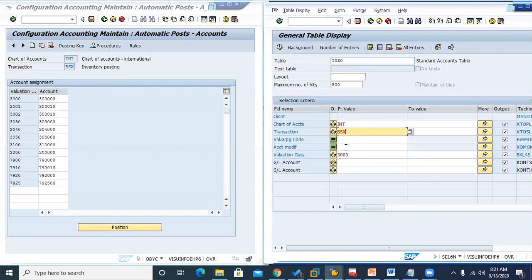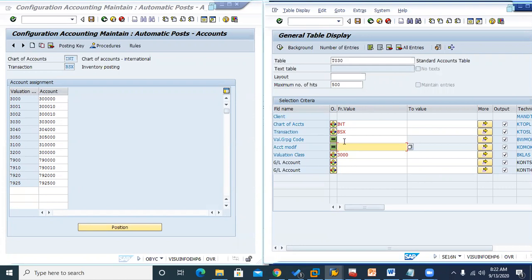So blank I have taken for the account modifier. You see, there is no account modifier; we will use it for BSX. You have to remember, the account modifier generally comes in the GBV accounts, but for BSX, stock inventory, we will not get it. We only classify with the material types and generally do nothing else. But if we wanted, that's also possible, by valuation grouping code, valuation area, or plant wise. This is material type wise divisions, but if we wanted plant wise divisions, it is also possible.